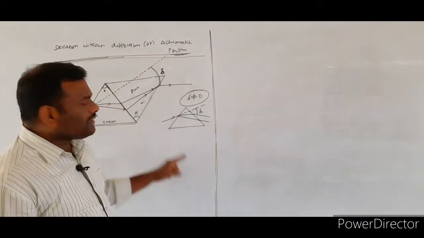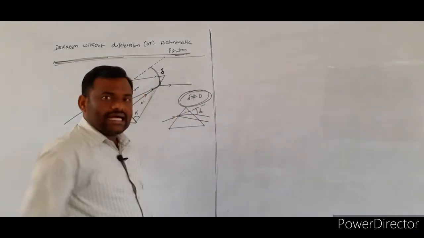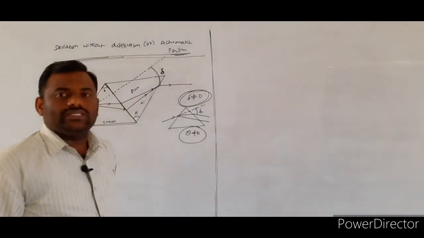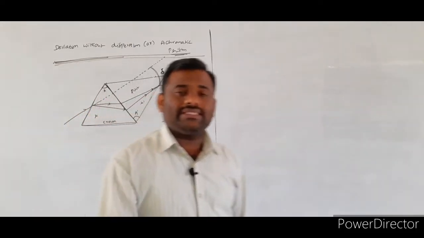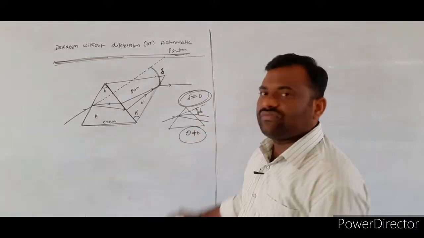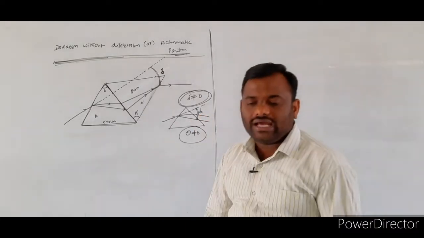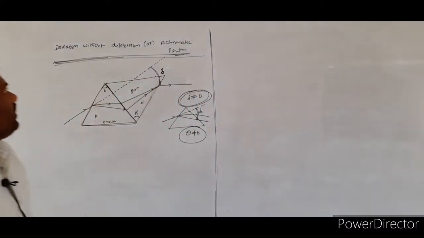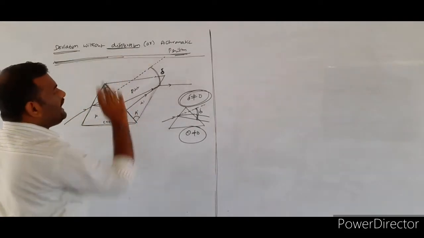So whenever you consider a single prism, the angle of deviation is there as well as angular dispersion, and that angular dispersion theta value is not equal to 0. When a light is incident on a single prism, it will be deviated from its original path, and some angle will be there between the red color and the violet color. That angle we call angular dispersion.